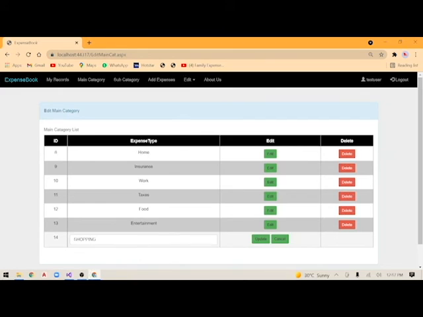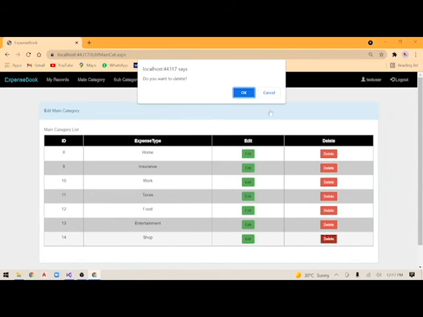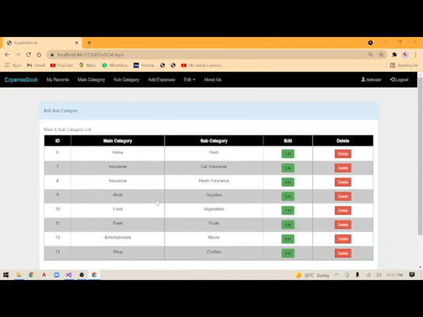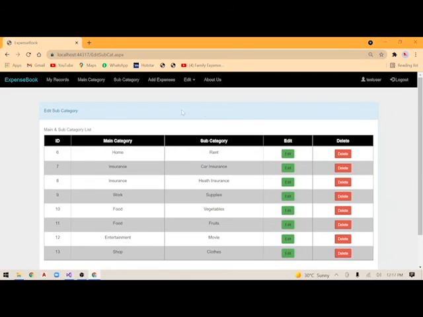You can write shop, and you can also delete this. We don't want to delete it right now. And the same goes for the subcategory. You can also add and delete subcategories from the list of subcategories.